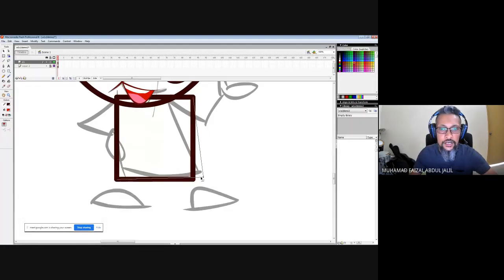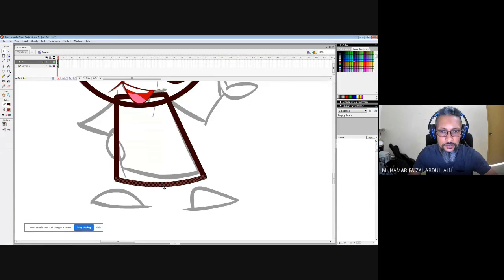Now I can change from shapes. Click over here, double click. You can group that first, and then you can press Q for these versions. Check again the transform tools, the free transform tool, and then I can move around here.